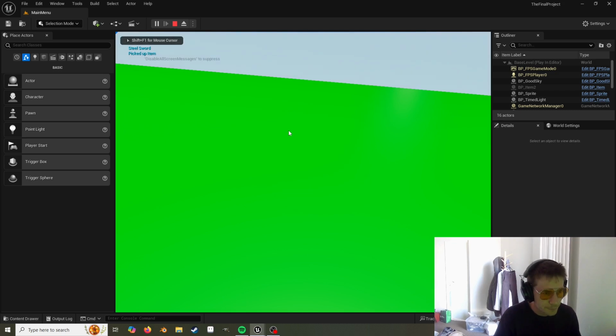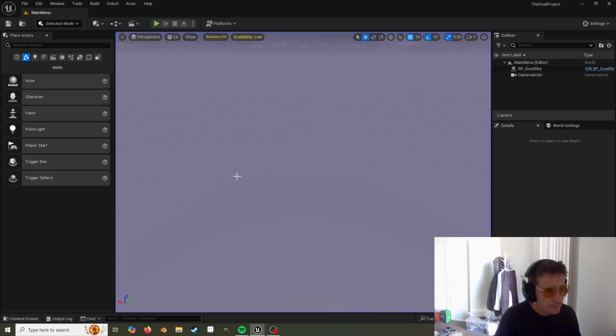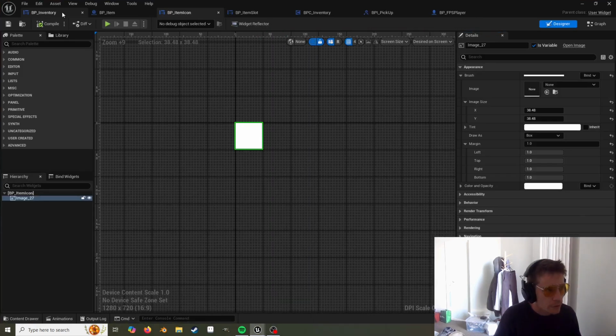Yes, I believe so. Yes, wonderful. So you can see it's a little bit squished, and I think that's because it tries to fill the box. So it maintains the height, but it stretches the width to fit the width of our thing. So if we go to our inventory